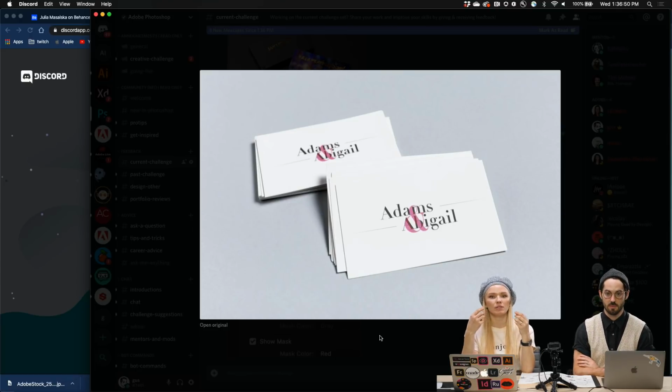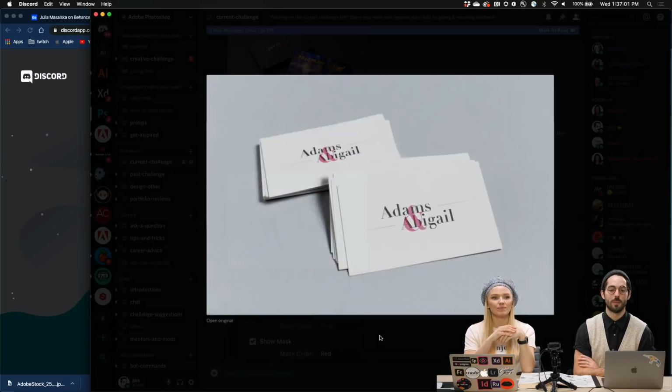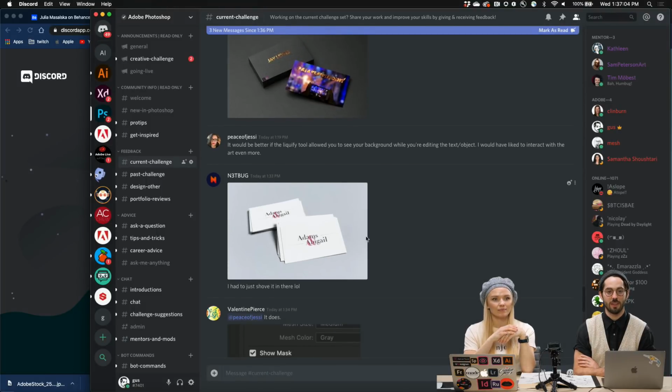And also you could play with textures. Adams and Abigail could be, for example, glossy. And if you leave the end matte and Adams and Abigail glossy, it will be easier to read, for example, on the business card. Smart. I love that. It's great feedback. So thank you for sharing that.